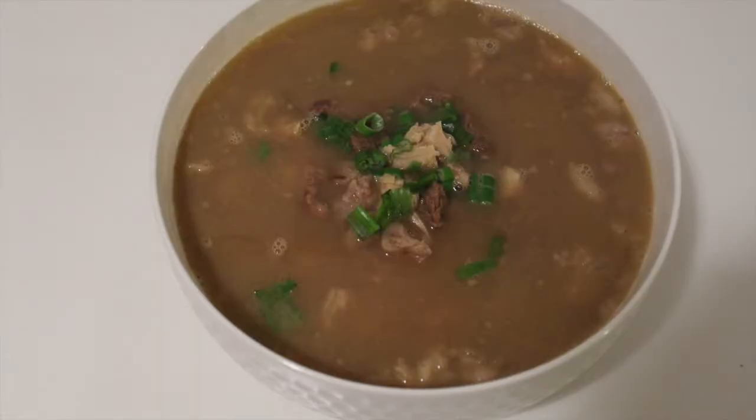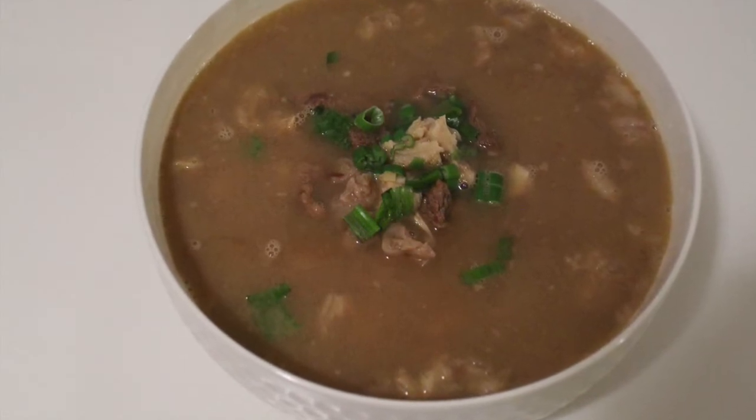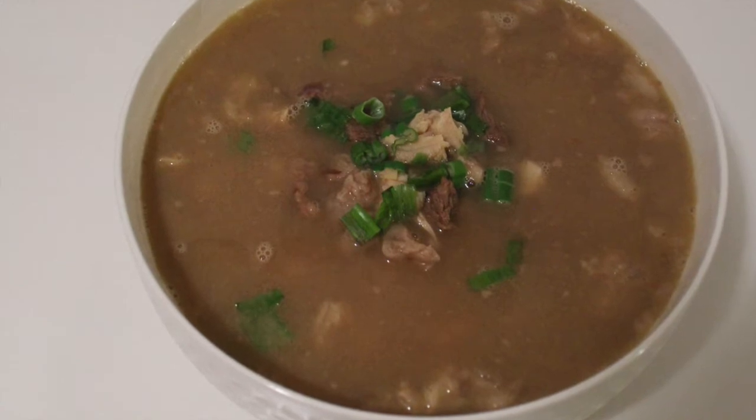Hello guys, our menu for today is Pinapaitan. This is a very good soup, especially in winter time because there is a ginger and lemon that is simmered